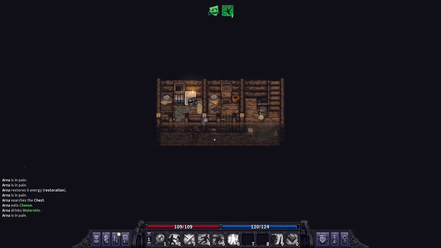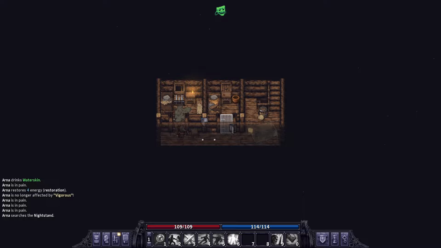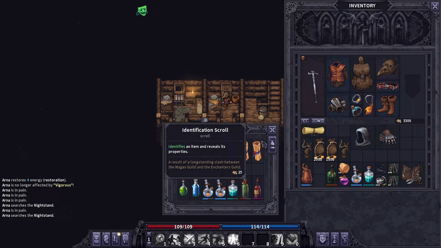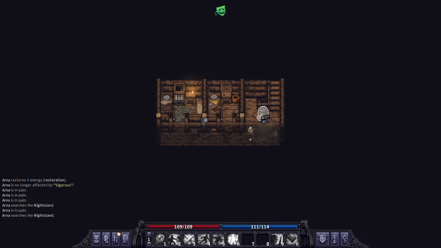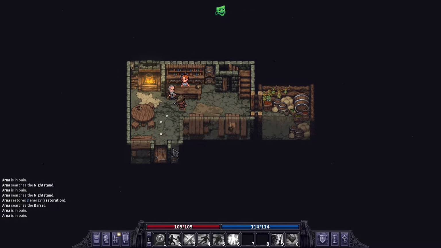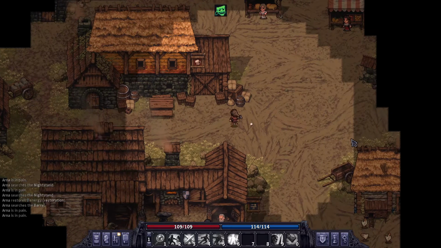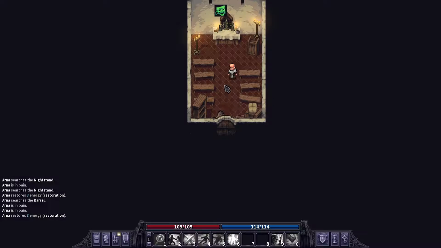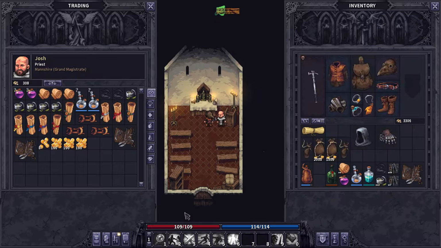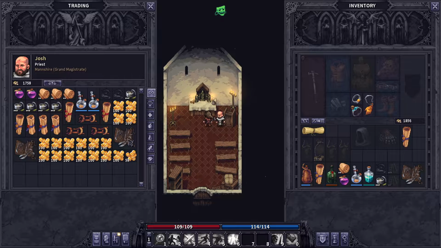Where are our enchant scrolls? That's what we want right now. Not in there. Not in here. And not in here. Okay, I guess we don't have any. We'll have to go buy some. That's fine. We should have at least one level of reputation in here, so it's like, what, 10% cheaper? $7.25. Yeah, that's fine. So we'll buy 2 of these